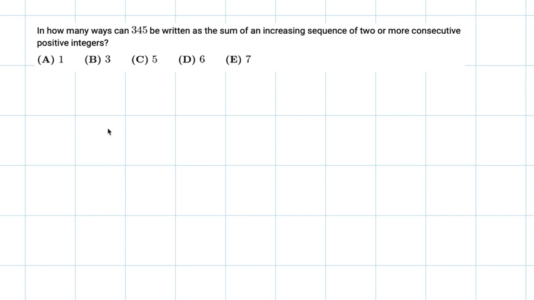In how many ways can 345 be written as the sum of an increasing sequence of two or more consecutive positive integers? This is saying we want 345 to equal some string x plus x+1 and so on, for some value of n here. And the way you can write this in a more compact way, that is equal to,